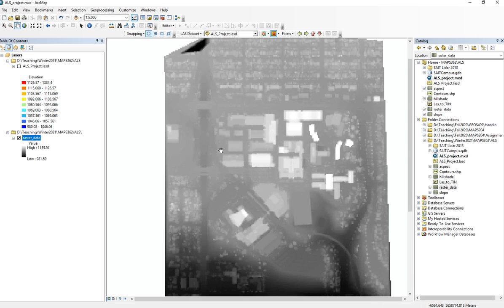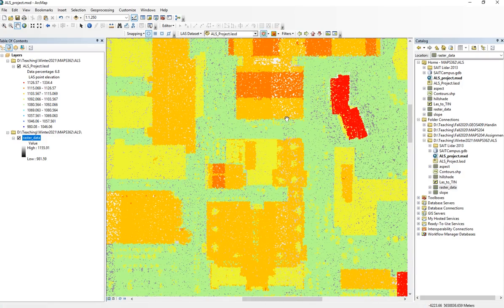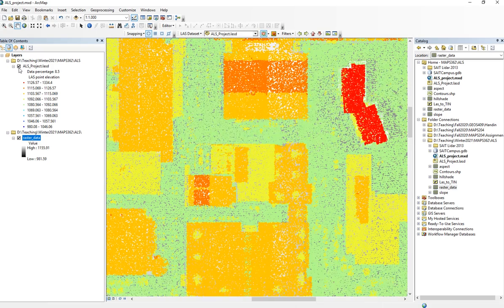So starting with that though, I have this model that I created last time. This one was used with a 5-meter resolution, and it was made with average heights, so the average height within the actual pixel itself. So we can assume that if we look at the two of them, and let's say we zoom in here. Switch it to that. Okay, so as we zoom in, if I turn this on and off,